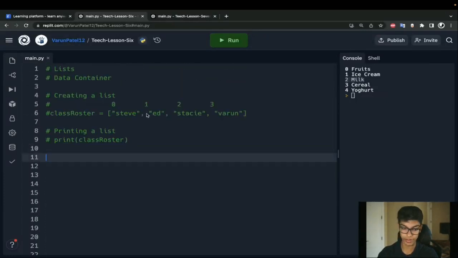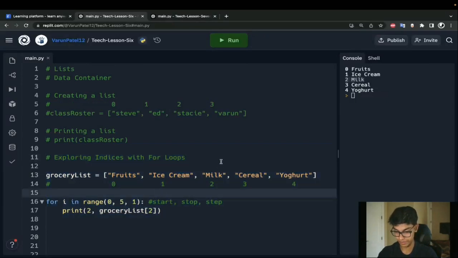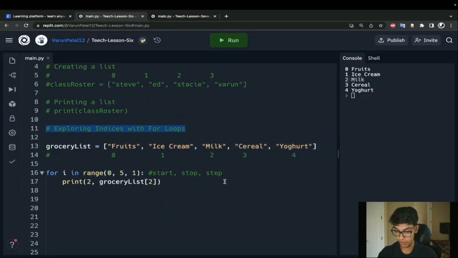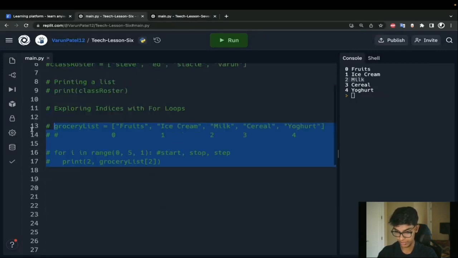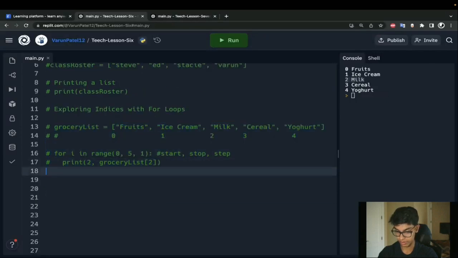So that is our exploration of indices with for loops. Actually, let me bring that example back. And now we're going to use this. Let me comment this out. It's getting kind of cluttered, so I'll be sure to clean that up in a while.